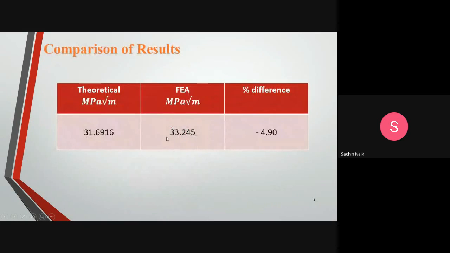Therefore, the two values can be compared with each other. This is also close to what we have calculated now, and the percentage difference between the two values is minus 4.9, which is actually a good accuracy when you are comparing finite element results with theoretical results. The accuracy that you have obtained using the finite element analysis can also be improved further by refining the mesh, as I have said. But for giving you the demonstration and for a particular case, it may be possible that you can be happy with 5% accuracy, and you can say that my finite element analysis that I have done is okay and acceptable, and you can stop here.